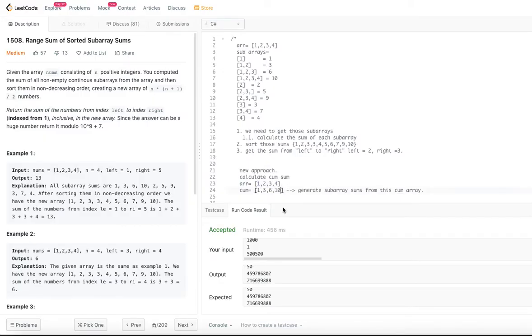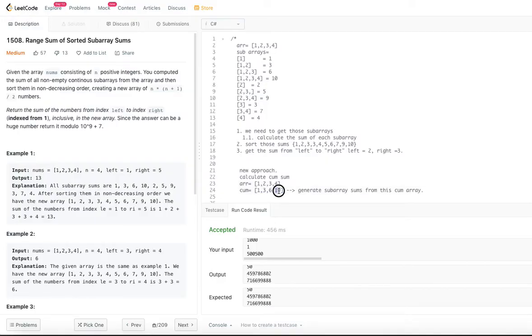That's how we got the cumulative sum. In order to calculate all the different subarray sums, what is a subarray? If you want to calculate the sum of subarray 2, 3, 4, what is the sum of 2, 3, 4? 2 plus 3 plus 4 is 9. So can we generate 9 from this cumulative sum?